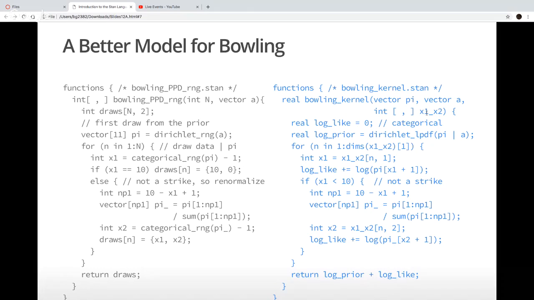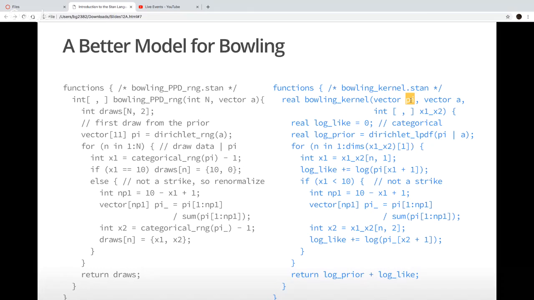And the numerator of Bayes' rule is a function of the unknown parameters, pi. So I'm going to have a proposal for that, which is going to be the first argument to my function. And then I can evaluate the numerator of Bayes' rule in log units. By taking the logarithm of a product, it becomes the sum of the logarithms, specifically the sum of the logarithm of the PDF for the priors, plus the log likelihood contribution from each of the frames, which is going to be our unit of observation in this thing.